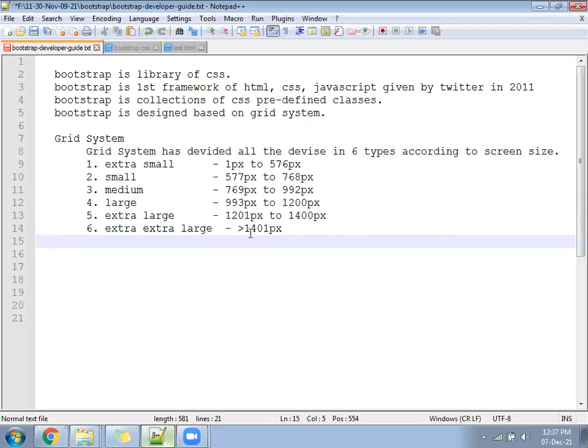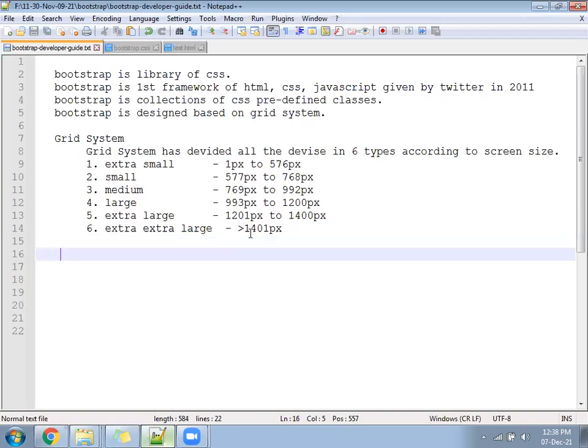So then what is the grid system? If anyone asks what is the grid system, we can say grid system is the name of the algorithm in Bootstrap. What does that say? It says that total whichever devices are available in the market, Bootstrap 5 has divided into 6 types. Extra small, small, medium, large, extra large, and double extra large. Range, if you remember, excellent. If you do not remember, then also no problem. Come down below now.